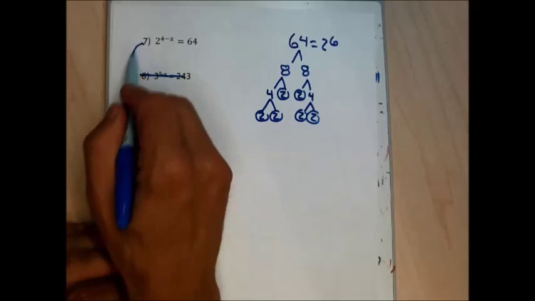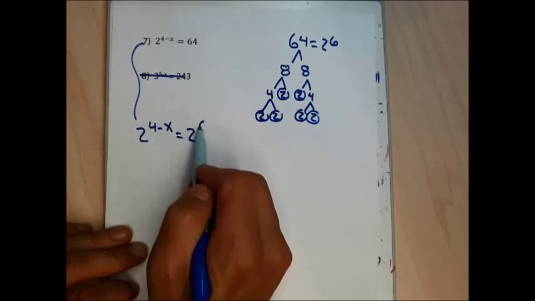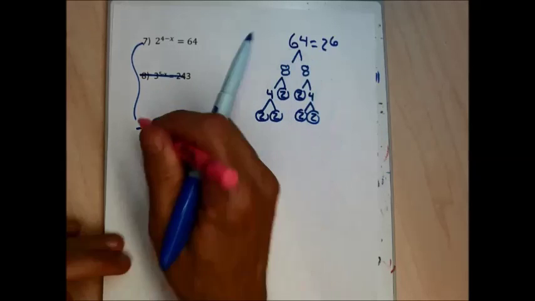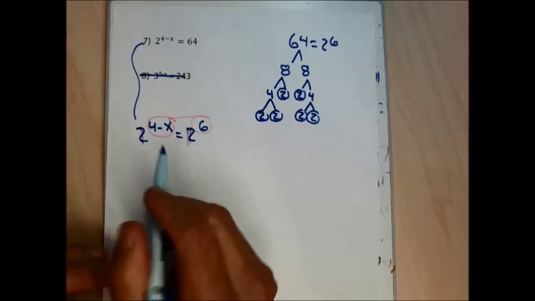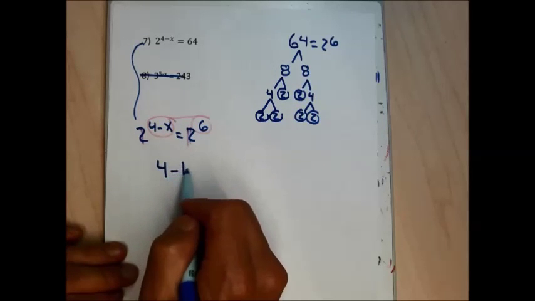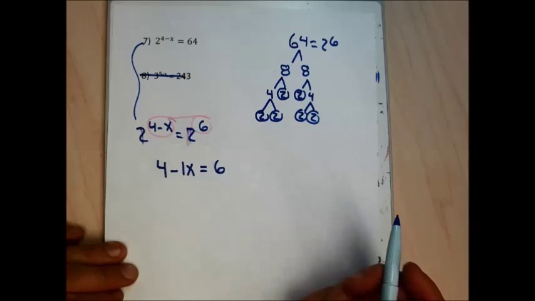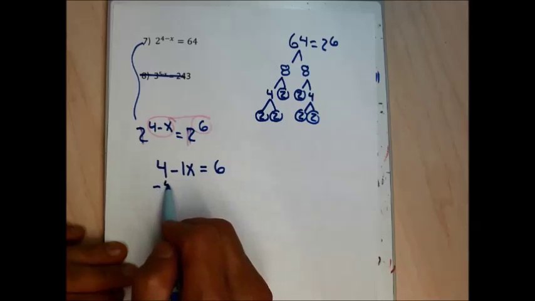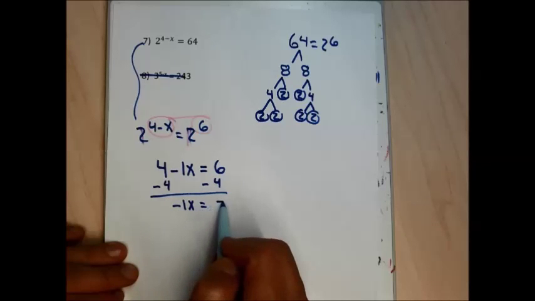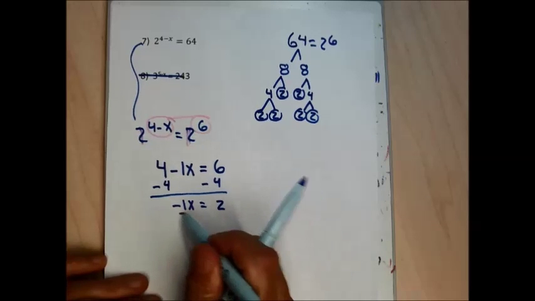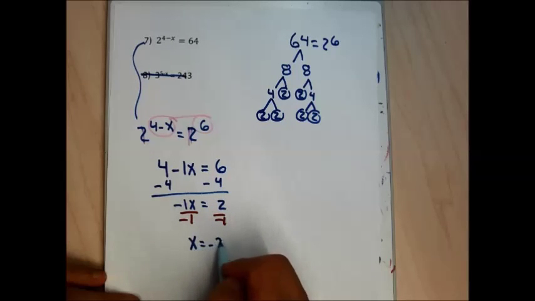So if I'm solving problem 7, I'm going to say this can be written as 2 to the 4 minus x equals 2 to the 6th. Now that I have both sides written with the same base, I can cancel out the bases and set the exponents equal to each other. When I do that, I'm going to sneak a 1 in front of the minus x. So I'm going to write this as 4 minus 1x equals 6. It's going to make my work easier to follow, I think. Finish up to solve this for x. I'm going to minus 4 from both sides and get minus 1x equals positive 2. And then divide both sides by minus 1 and get x equals minus 2. And that would be my answer